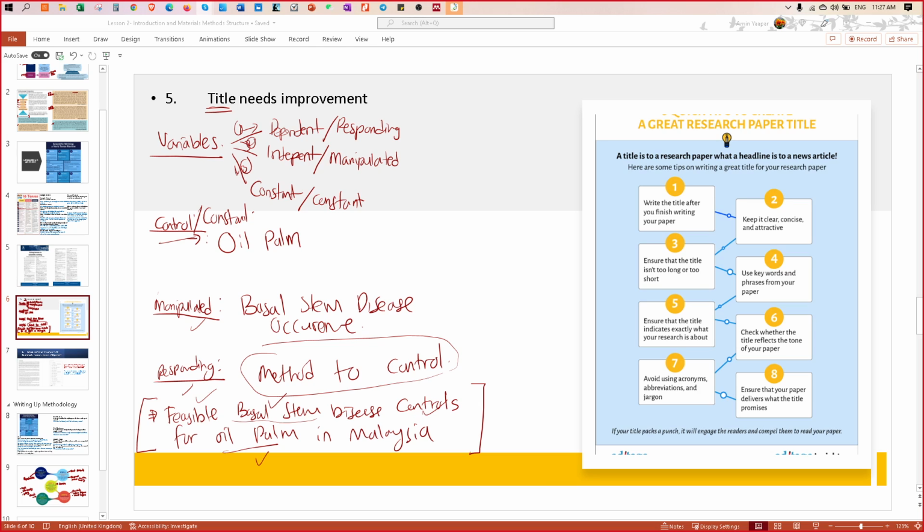Doctor, sorry. As for me, for the method and material, I still use future tense because I haven't started collecting the data yet. Sure, no problem. And for the questionnaire, should I attach the form, doctor? Yes, because that is your tool. I need to know what kind of instrument you are using to get your data.